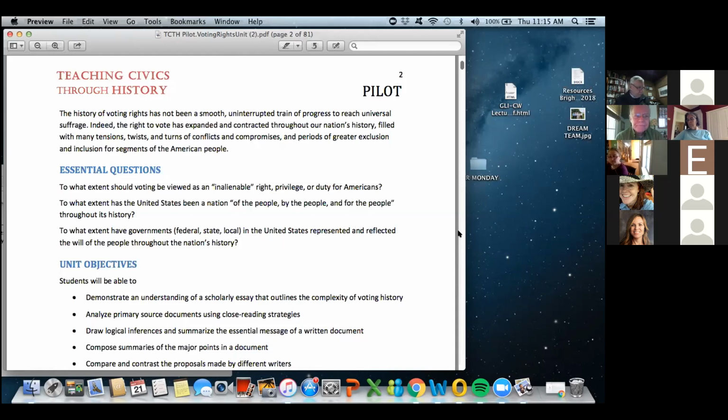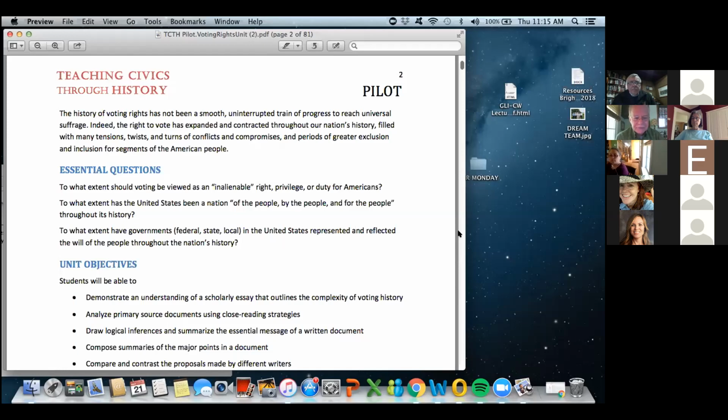So every piece or every collection of documents and content, if we can frame them and focus them with a thought-provoking essential question, that frames their reading, their discussion, their writing, because now they have a thought-provoking guide. And I'll be going over a little bit later how we can use essential questions more universally in many lessons.